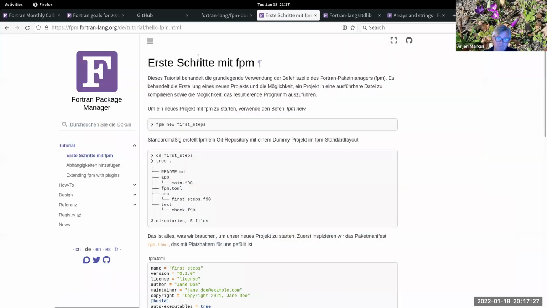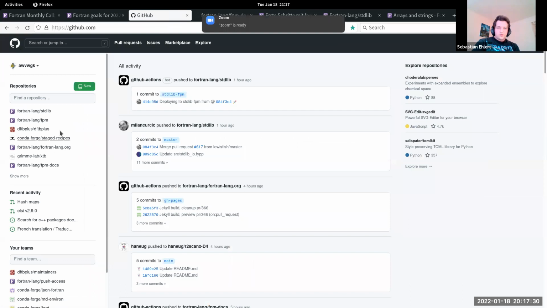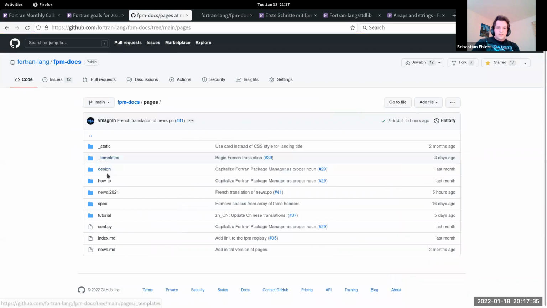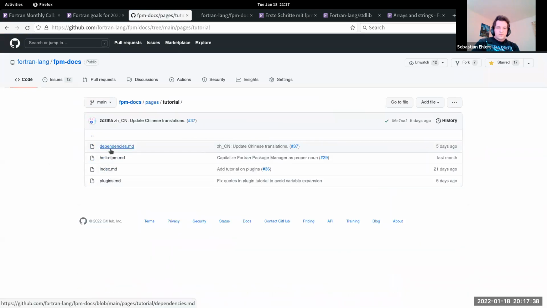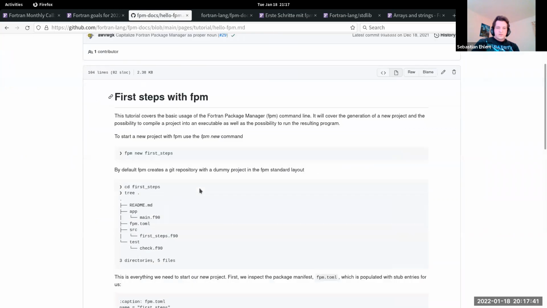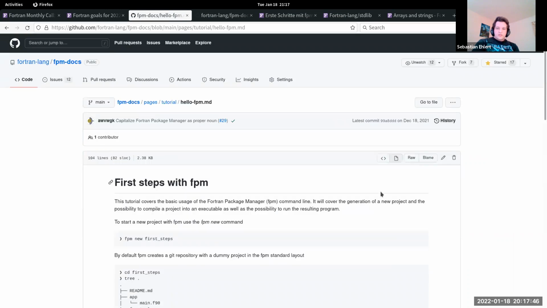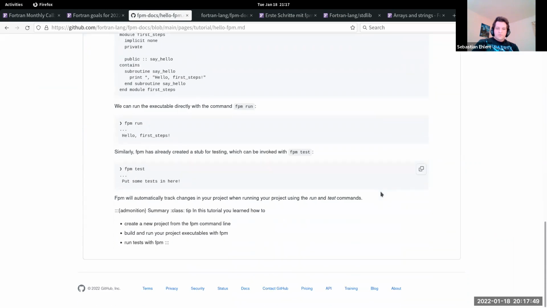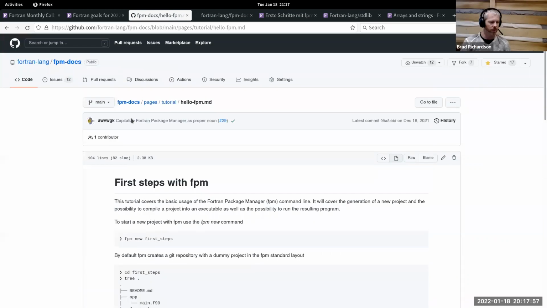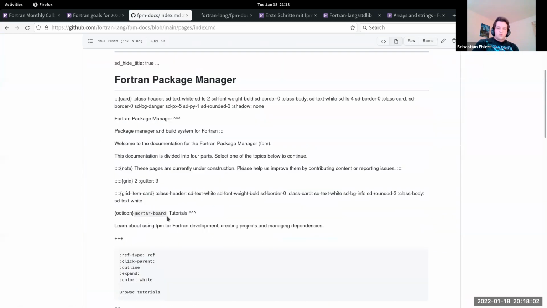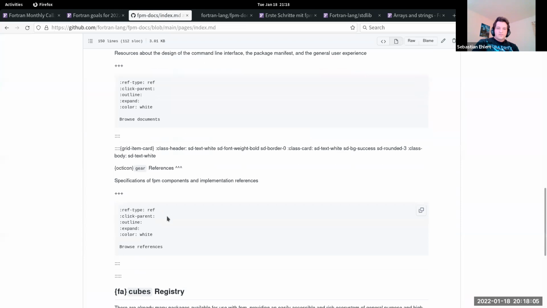I mean, I can give you an example. So if you go through the FPM documentation and look at the tutorial, let's say hello FPM, then it's going to look like this, in the preview. Right. And this looks okay. This is more or less what you would expect. And you might see something which looks strange like this. And if you now go to something like the main page, then this won't be displayed in any meaningful way.